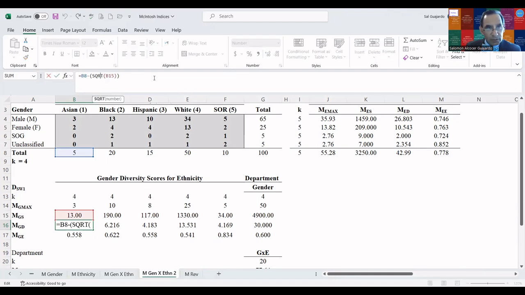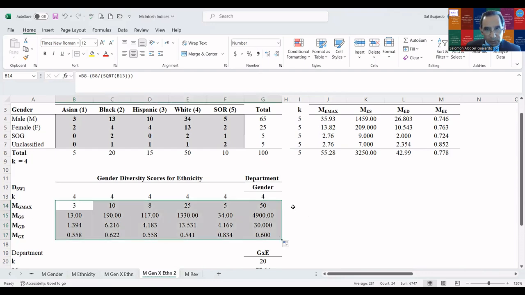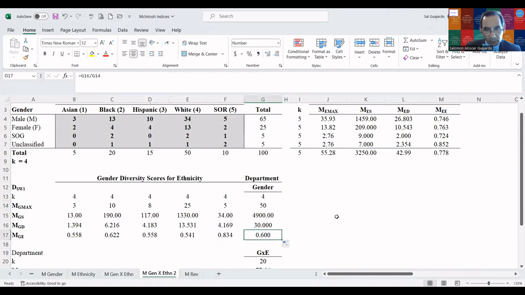if I subtract the square root of the diversity score from the total number of Asians, which is 5, that gives me a standardized score of 0.558, indicating that 56% of the maximum value of diversity was obtained for the Asian work group. Again, all I have to do is just click on the formulas, drag it across, and again, for the